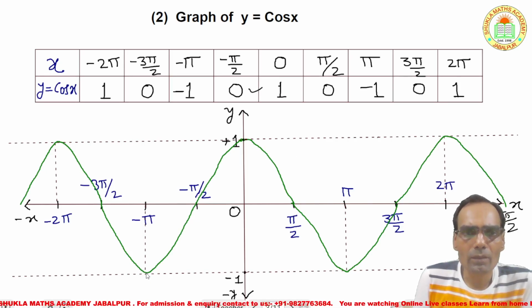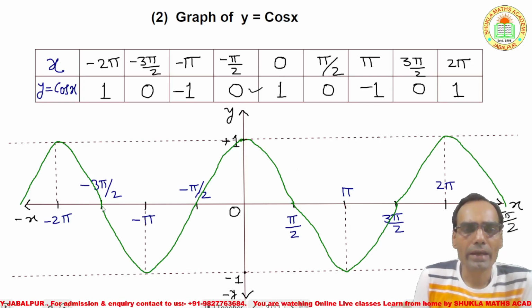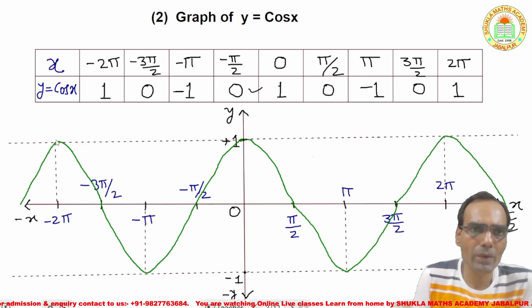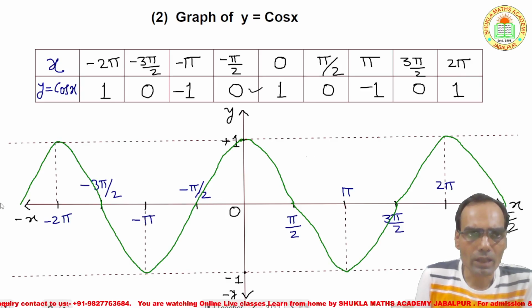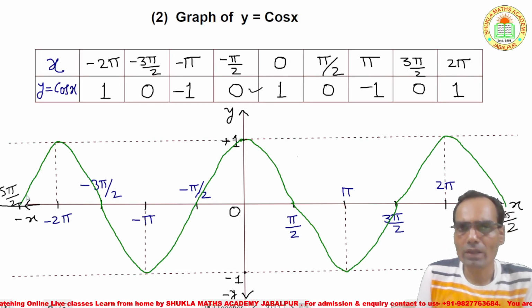So it is going negative, parallel to -1. And after that, at -3 pi by 2, it is 0. So it is going up on the x-axis at the point 0. And the last value is -2 pi. So it is +1, so going up parallel to +1, and so on. If you take the next, more negative values, it is -5 pi by 2. At the point -5 pi by 2, cos will also be 0, right?